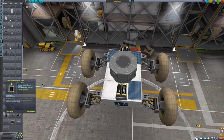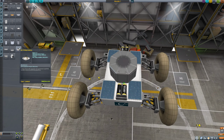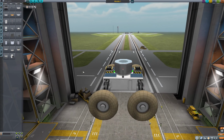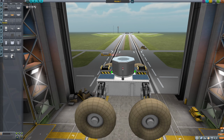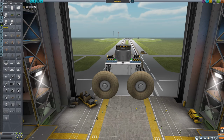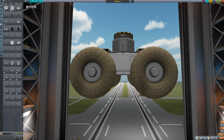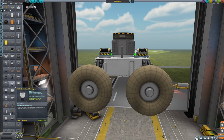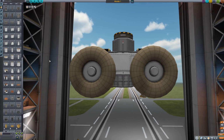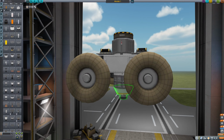a little one of the little probodobodines on top of the actual rover itself. And I'm actually using one that's basically built for the rover. And I believe that's in the base game, and I use these large wheels as well. And as you can see, I put on the back the antenna, the batteries, and also some solar panels. And I put a stabilizer at the top there, but I'm going to remove it later because it's not really